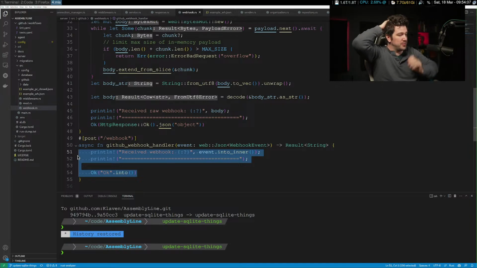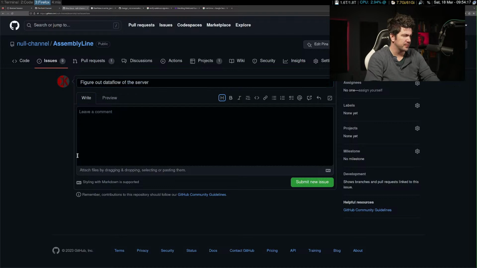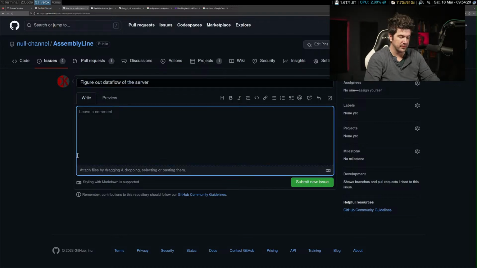So other than this, we also have, okay, figure out the data flow of the server when we get a new